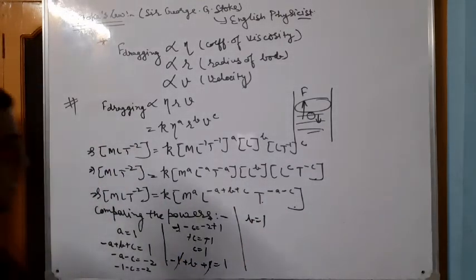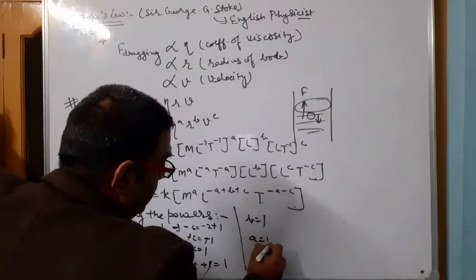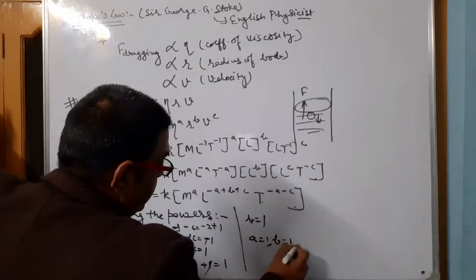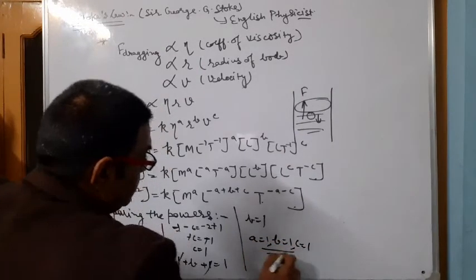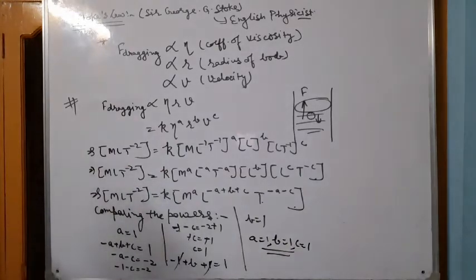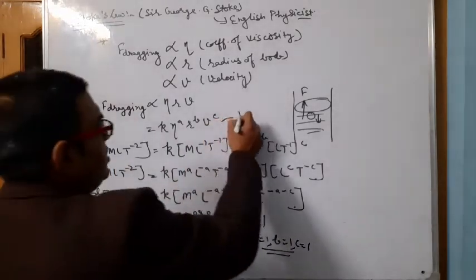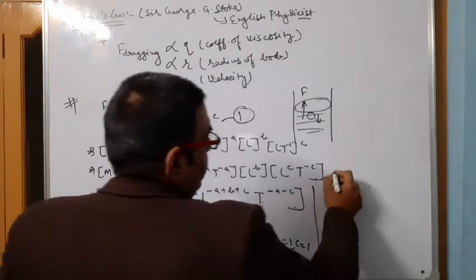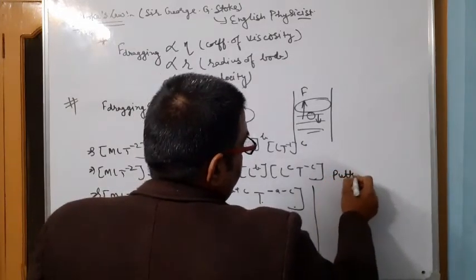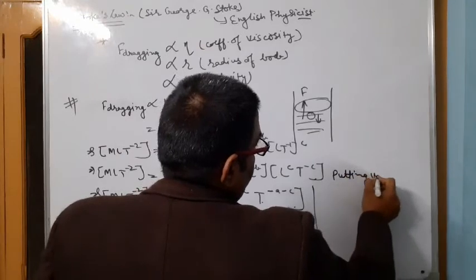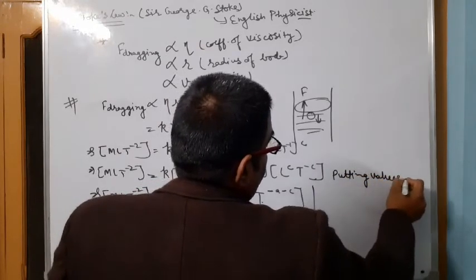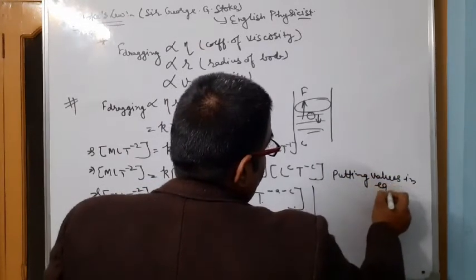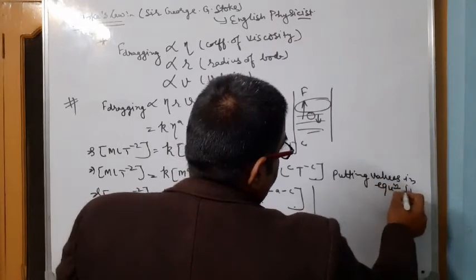So we get the values a is equal to 1, b is equal to 1, and c is equal to 1. These three values we have got, and putting the values in equation first,